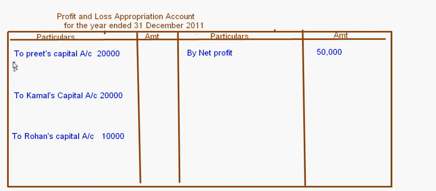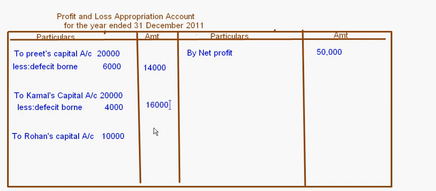Now here we'll say less deficit borne, and that is 6,000. So out of his profit he is giving away rupees 6,000 to Rohan, so his share of profit is going to be only 14,000. Same way here, less deficit borne, this will be 4,000. So here it is 20 minus 4, this will be 16,000,